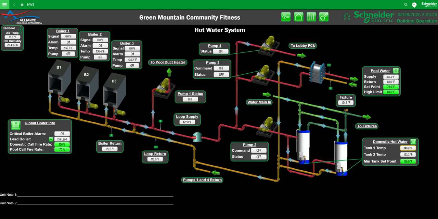What happens is when the domestic calls for heat, it's going to go to this setting here on one boiler, 100%. And when the pool calls for heat, it's going to go to this firing rate here. And those are adjustable. Anything that's green is adjustable. And then in addition,